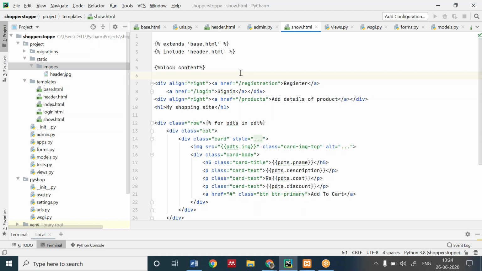Remove that block content because you are not inheriting anything from another page. Block content is not needed. Remove that. End block is not needed every time. You can use end block, or it works fine without end block also.